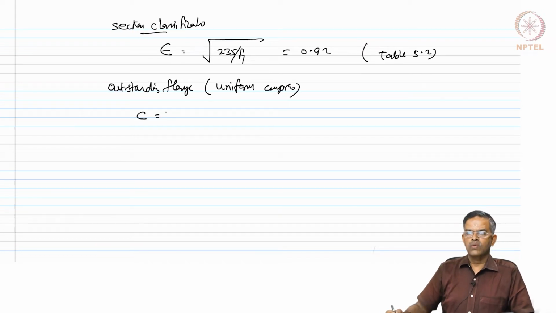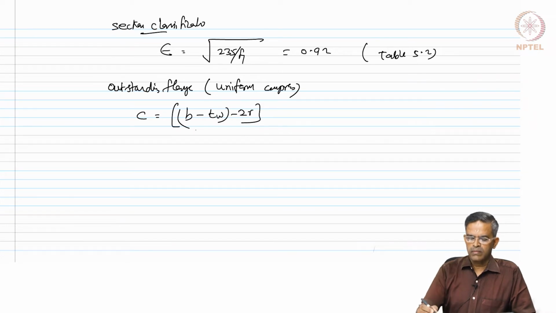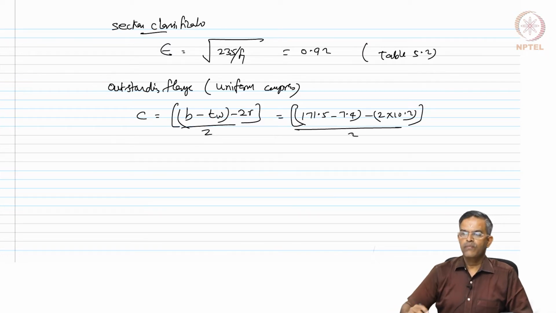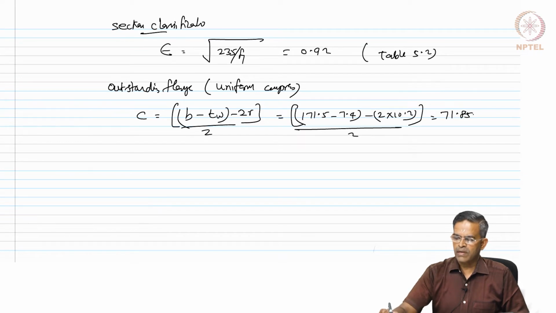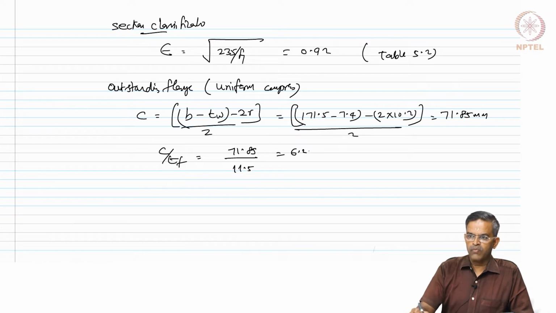We will work out the C value: B minus TW minus 2R by 2, which will be B is 171.5, thickness of the web is 7.4 minus 2 times 10.2, that is the radius given, divided by 2, which gives me 71.85 millimeters. So, a factor C by TF is 71.85 by 11.5, which is 6.25,